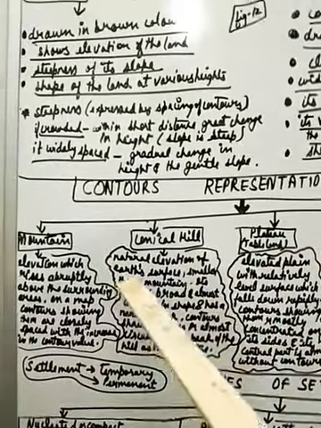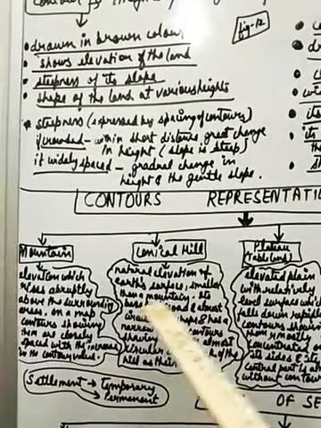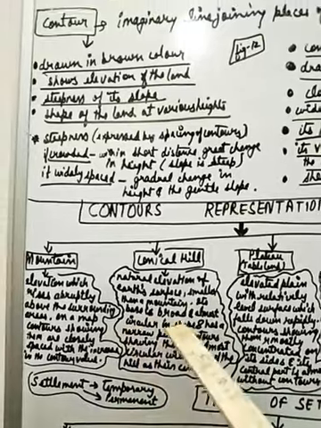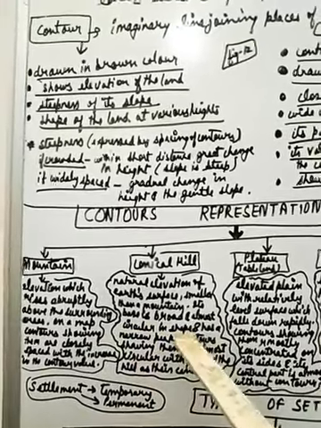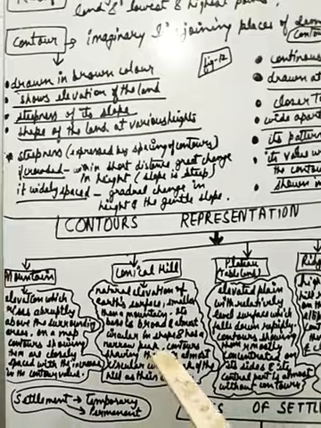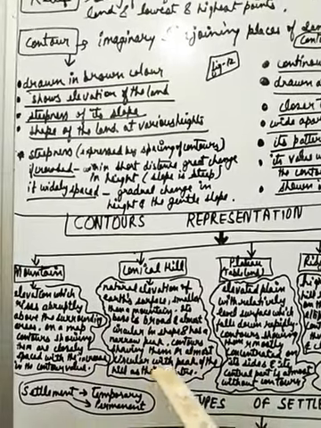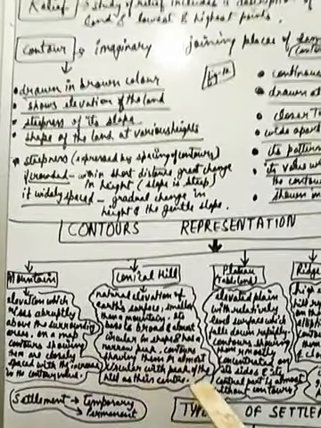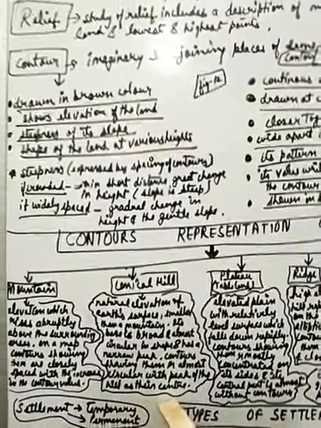Conical hills are natural elevations of the earth's surface. They are smaller than a mountain, and the base is broad and almost circular in shape with a narrow peak. The contours showing them are almost circular with the peak of the hill as their center.